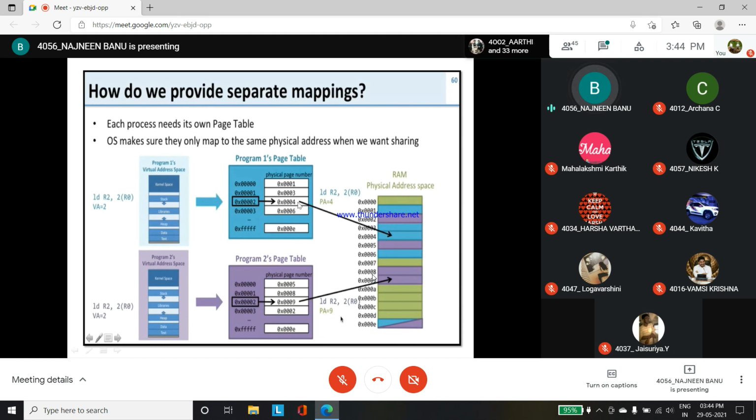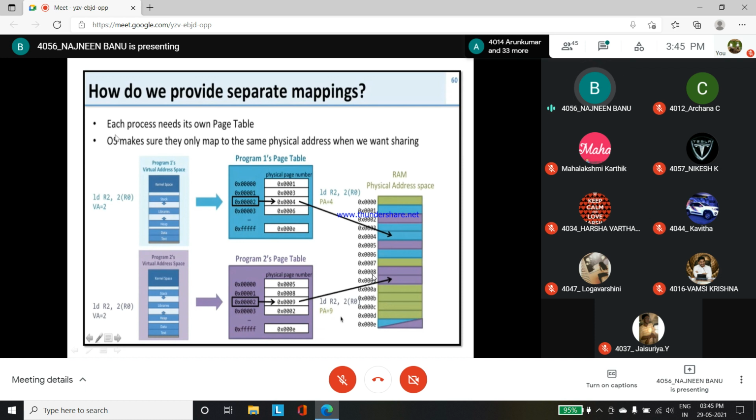In the page table entries you can see there is 2, and the physical page number is 4. So it is mapped to location 4, not to 1, 2 or 3. The meaning of this is that it is mapped to the same physical address when sharing. So this is shared to the RAM physical address, so 4 is mapped to location 4.